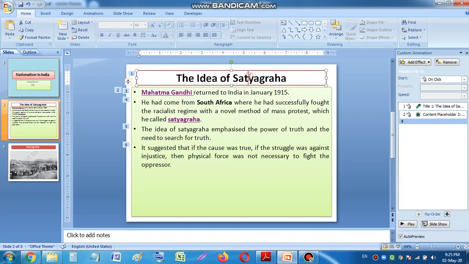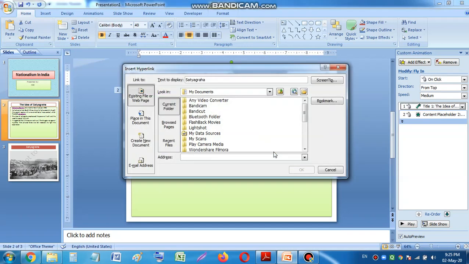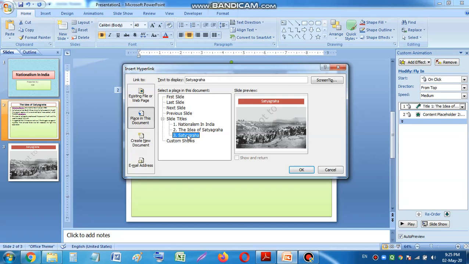You can see I'm selecting over here, double click and right click and then hyperlink, or you can press Ctrl K also. I'm clicking hyperlink and, very important over here, Place in This Document, link to pages in the document. Then I am clicking the third slide. Click on this Satyagraha, you want to link it to the next slide, or whatever number of slide. If you have 100 slides, then you can select that particular 100th slide. This will show you in the list like 1, 2, 3. We have 3 slides only, so 3 slides are available over here. So click on this, click on OK.